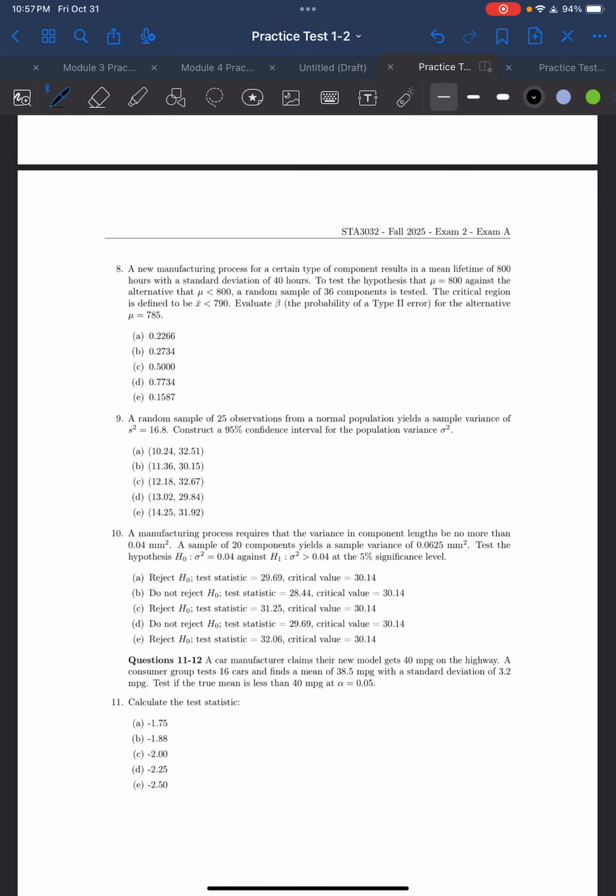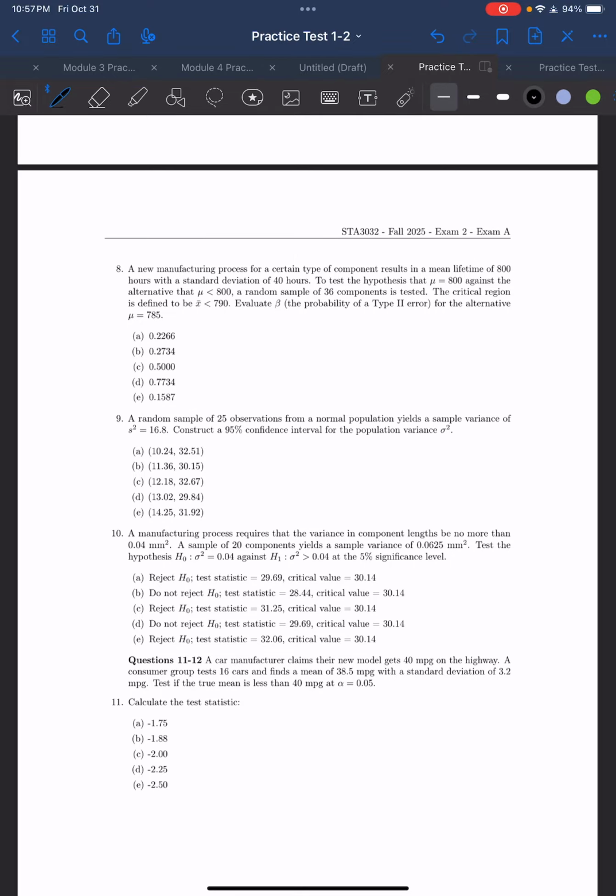Okay, so for number 8, we have a new manufacturing process for a certain type of component that results in a mean lifetime of 800 hours with a standard deviation of 40 hours. And we want to test our hypothesis that mu equals 800 against our alternate that mu is less than 800. We have a random sample of 36 components that are tested, and the critical region is defined to be x bar less than 790,